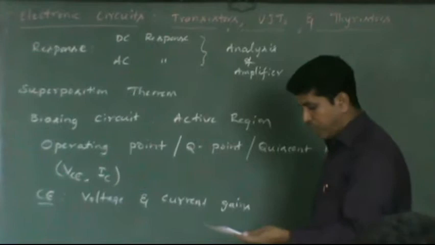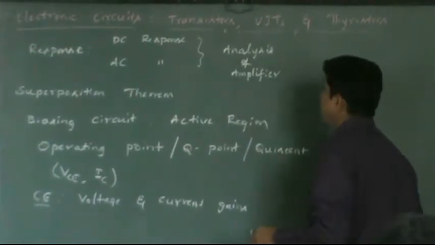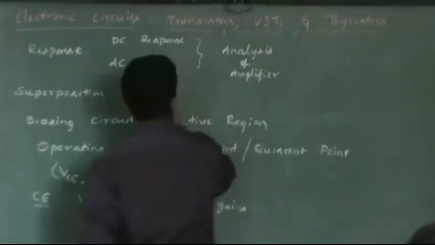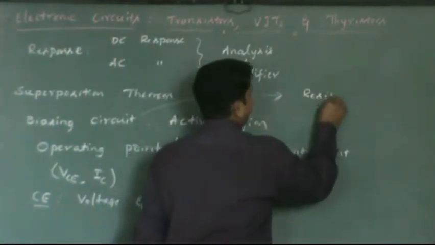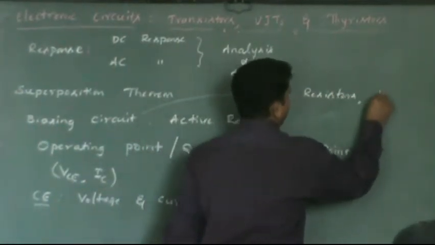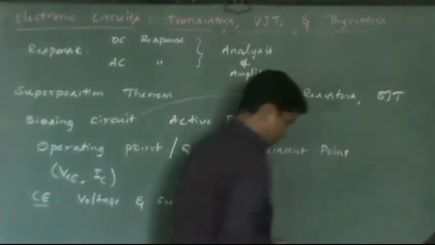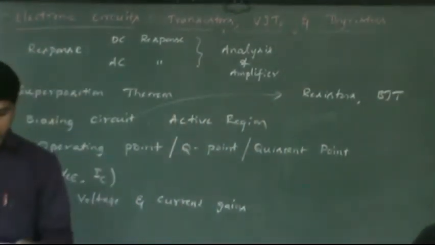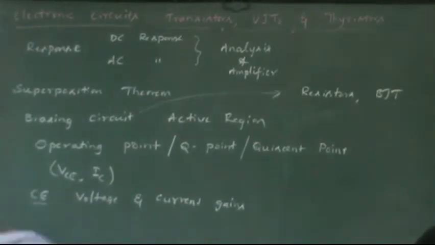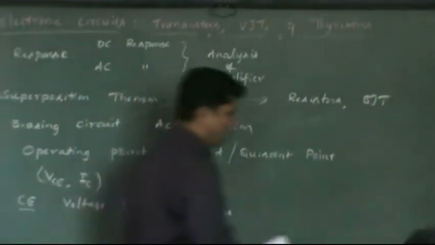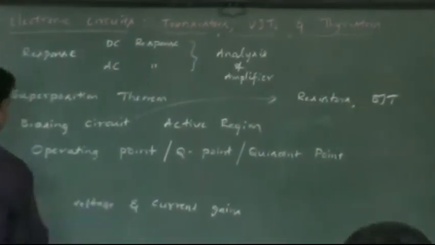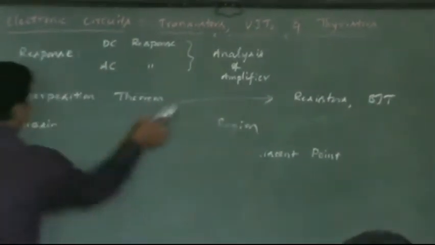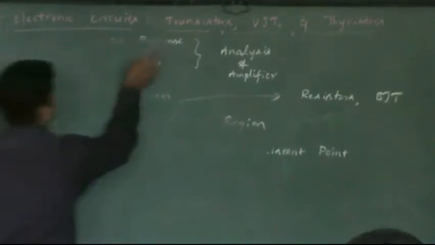So we'll see here what things the biasing circuit contains. The biasing circuit consists of resistors, along with that we'll have a BJT. Any questions you can go through that. The next important thing is there are totally 4 conditions that need to be met for the BJT to act as a faithful amplifier. You'll see what those 4 conditions are.